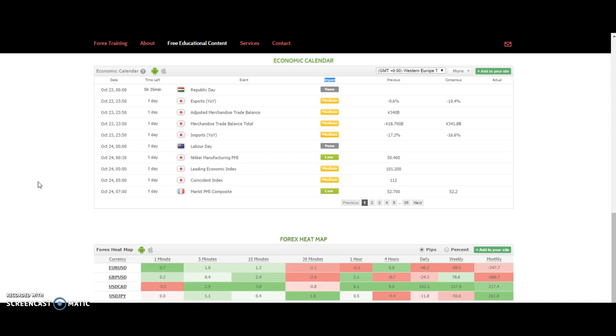Okay, so you may be wondering, okay, so now I know how to trade the time zones, or at least I know how to identify the time zones. Now the question is, how do you trade different time zones? As you can see,